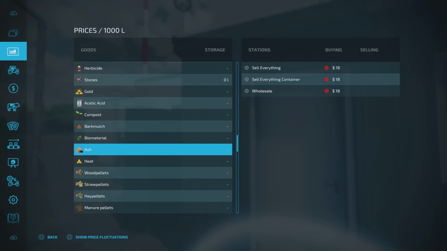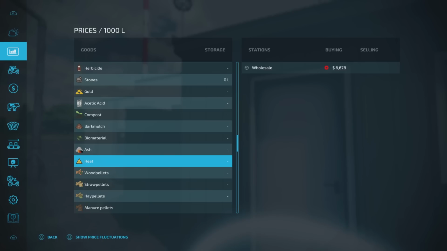We'll take it as well by SzwagierPrezes, but the wholesale, if you've got that by ZoddelZockt, you can sell your ash. You're not going to make mega money from it, and it may well be that further down the line, we may get another production, if there's not one already from ZoddelZockt, that will take the ash for something else. Who knows? But the heat...